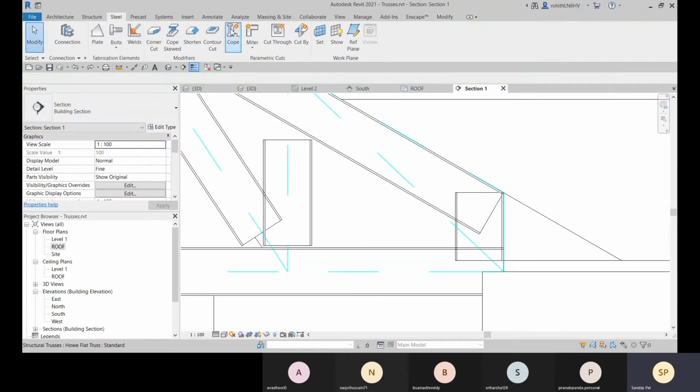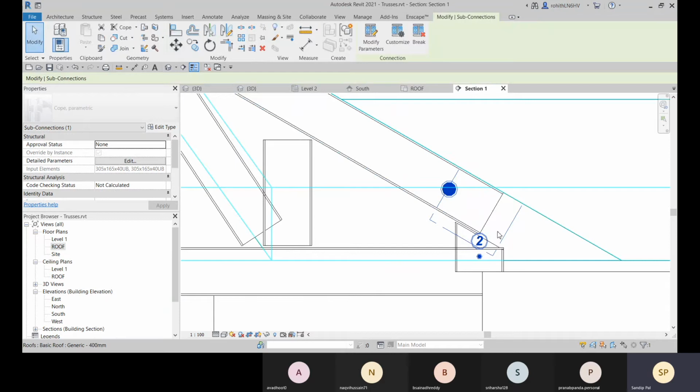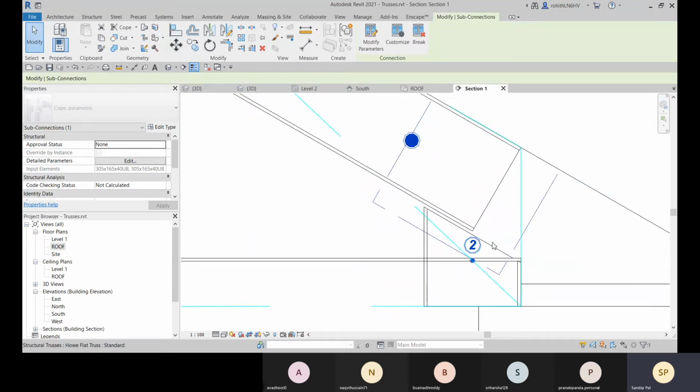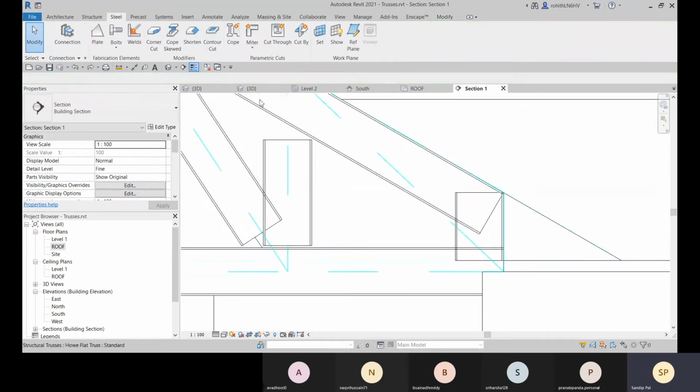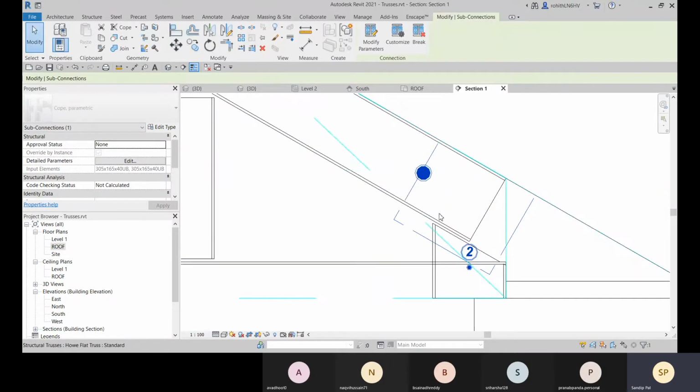So let me do it with these two only. Let me select this first and then holding control, I will select this and then press enter. And there you can see that this is a coping like that. So how I do it: just select the cope option, then select it and holding control, select the other, and then just press enter and that is done.